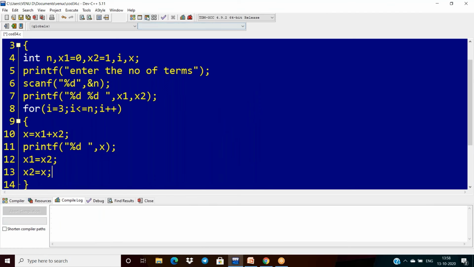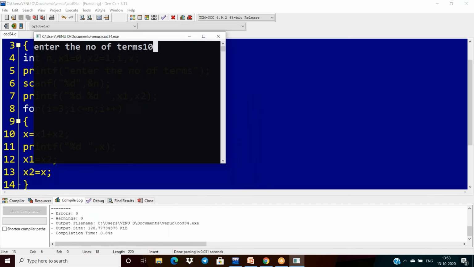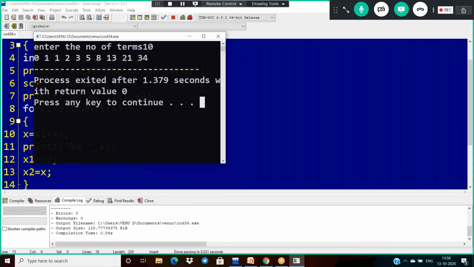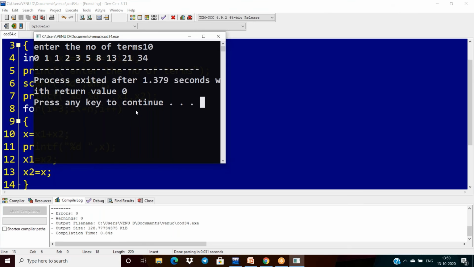Now I compile and execute the code. If I give 10, see: 0 and 1, 1 plus 1 is 2, then 3, 5, 8, 13, 21, 34. Two terms plus eight more, totally 10 terms.